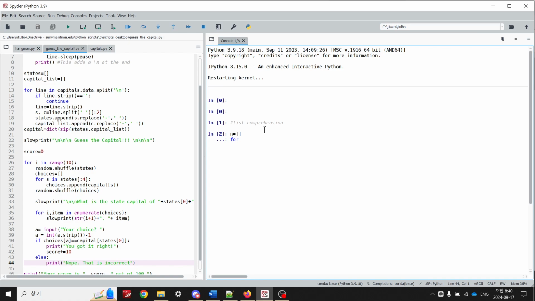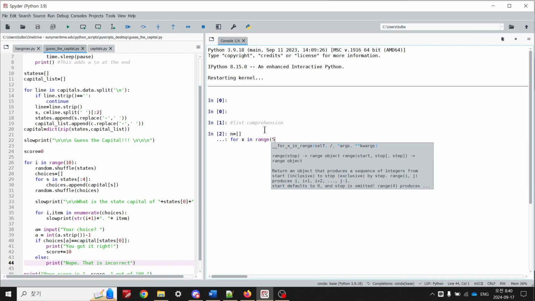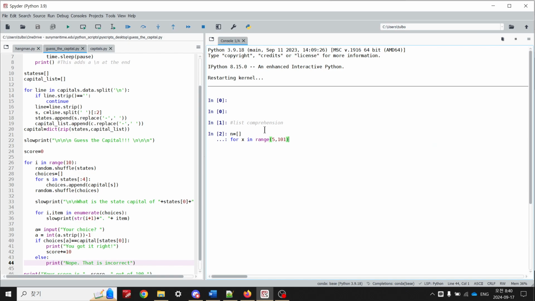For x in range, say, 5 to 101, that will give you all the numbers from 5 to 100. And then I am going to test something on the x. So if x